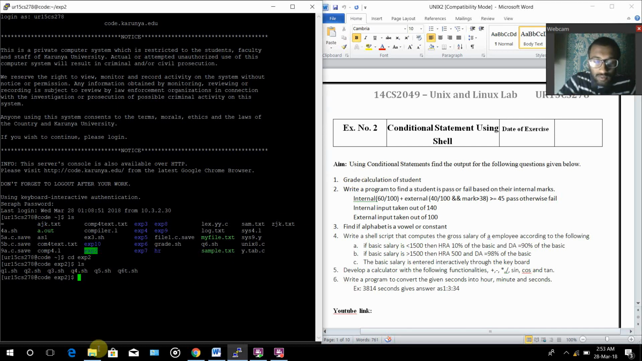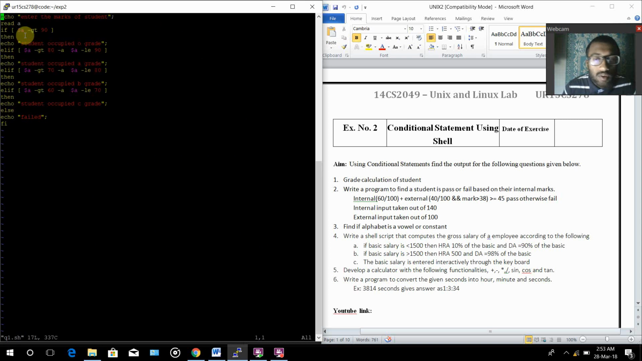So I'll be going to my PuTTY and open my file, where it contains the program of a grade calculation of a student. In this program, I'm entering the marks of a student and it is taking whatever I type as input, and I gave if-elif statements: if my marks are greater than 90, then it will print that the student occupied O grade,